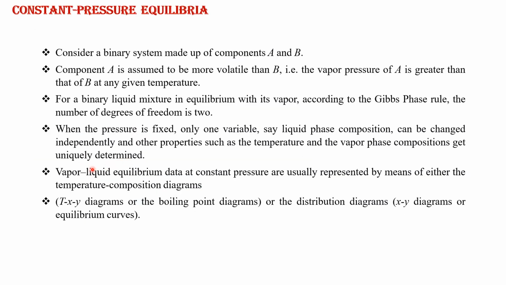Okay, now let's see the construction of phase diagrams. The first construction is the TXY phase diagram, that is, the temperature composition phase diagram. Here we are going to set the pressure as constant. First, we need to consider a binary system made up of two components, A and B. Here, assume A is more volatile than B. Volatile means the vapor pressure of A is greater than the vapor pressure of B at a given temperature. Then, according to the Gibbs phase rule, for a binary mixture, the number of degrees of freedom is always 2, which is calculated by using the formula F equal to